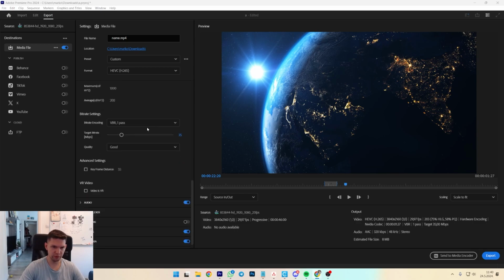And the next important thing is the VBR pass. Now, if you do like 160, you can see that the file size is 38 megabytes. If I set it to like 4, it's only 1 megabyte. If I set it to this, it's 16 megabytes. So the higher this is, the bigger your file will be, but it will also take much longer for you to export the video. Quality, you want it set to highest, which is the slowest,